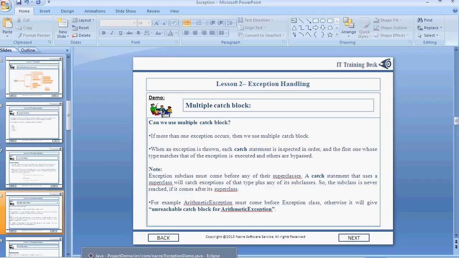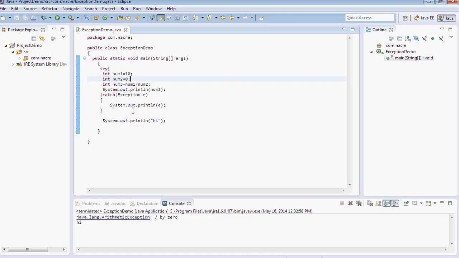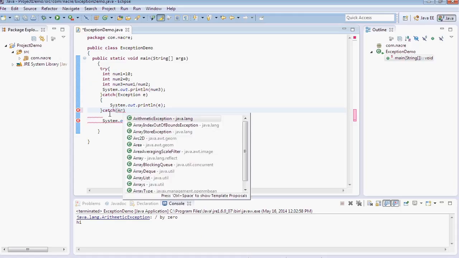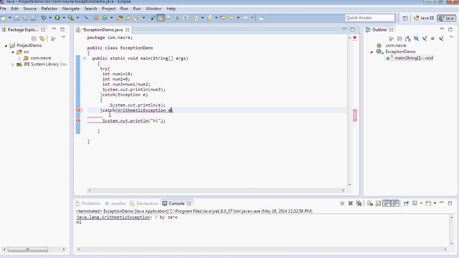See, Exception is the superclass of all the exceptions. So if I take one more catch statement, see, ArithmeticException is a subclass of Exception.